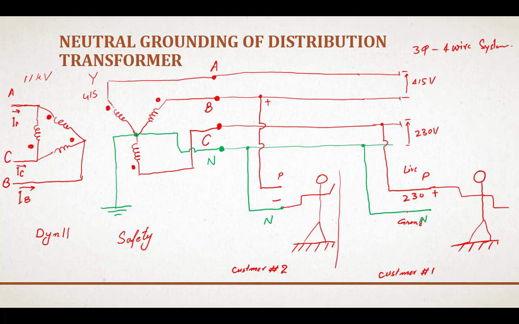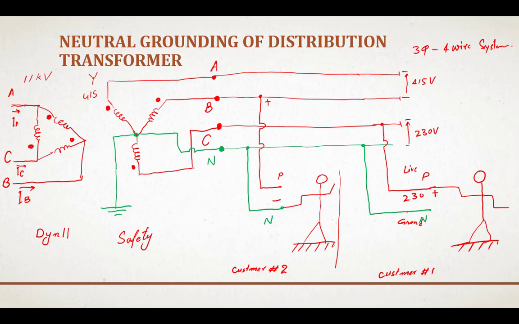Due to this reason, everyone who will be working on the electrical system or doing maintenance now takes the proper precautions, takes the safety measures before starting the maintenance work on that electrical system. So that will ensure human safety. Now this chance that two persons at two different locations connected on the same secondary of the distribution transformer will be in contact with the conductors at the same time, that is not a very common incident to happen.